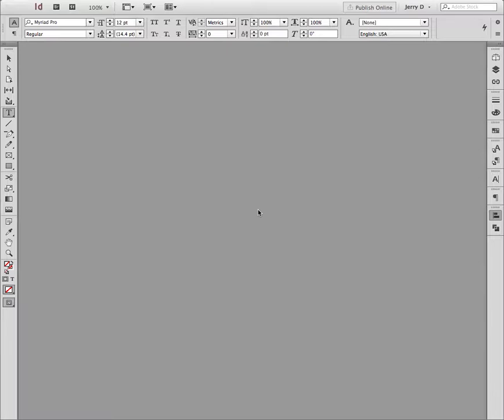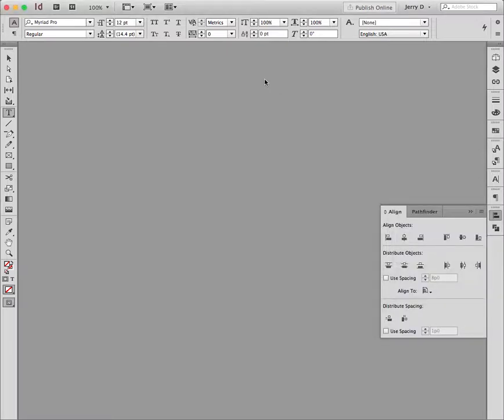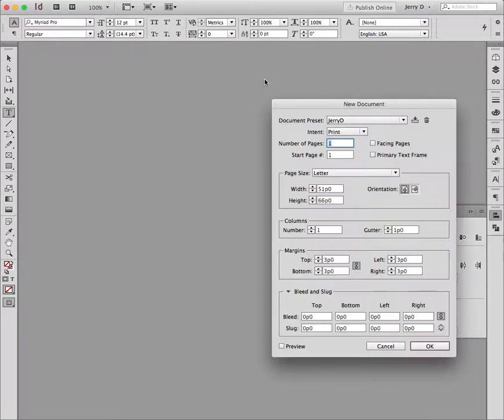We'll say Command N. All righty. Now, it's going to be a 2-page document. So what we're going to do, and it's going to be 2 facing pages. So we say number of pages 2. We'll say facing pages. And again, the size is 9 IN, that's the width, 12 IN, that's the height, and